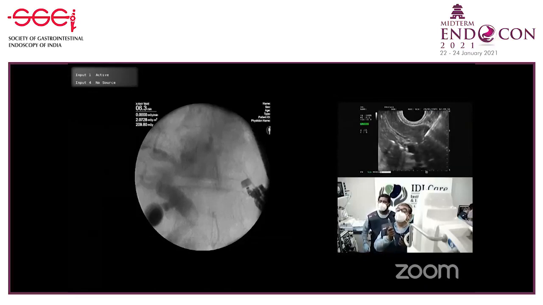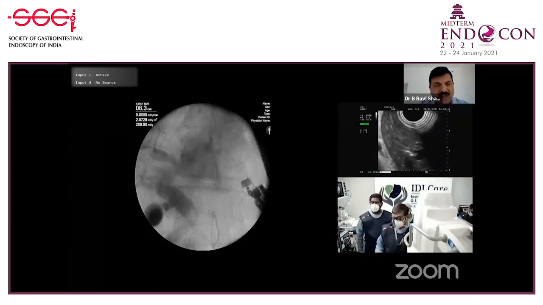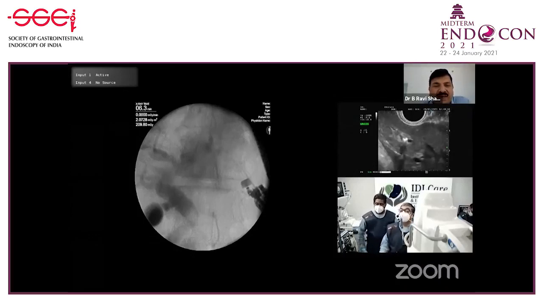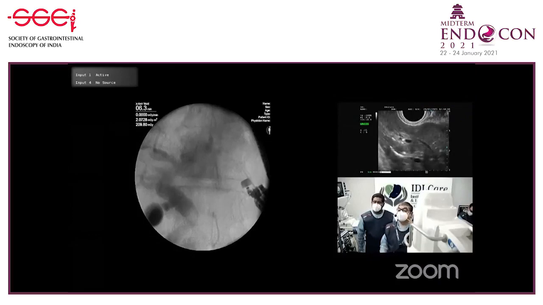So see, it is going in a different direction. Sir, the model you have prepared, my model helps in this practice of this procedure, especially for passing the guide wire. Yes, my model is very useful for that. But these are real situations, where you will always have issues. So be ready for all these things.